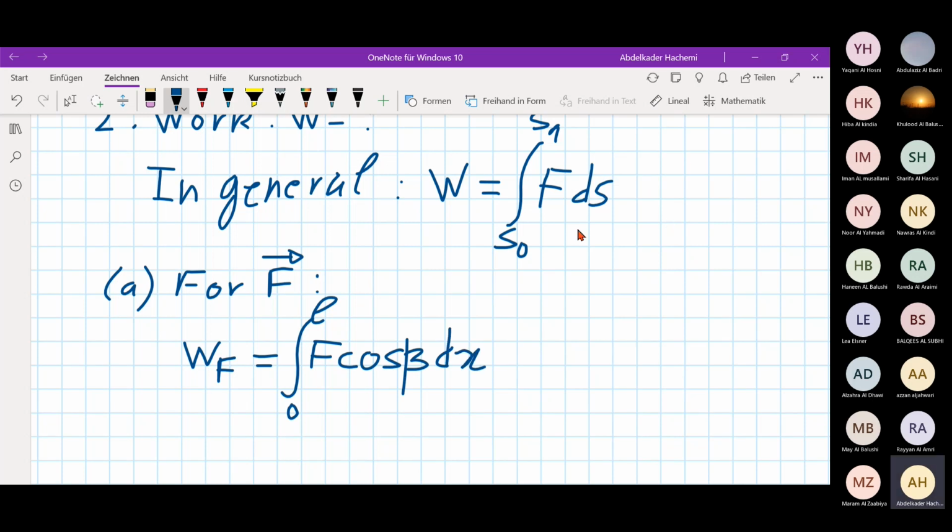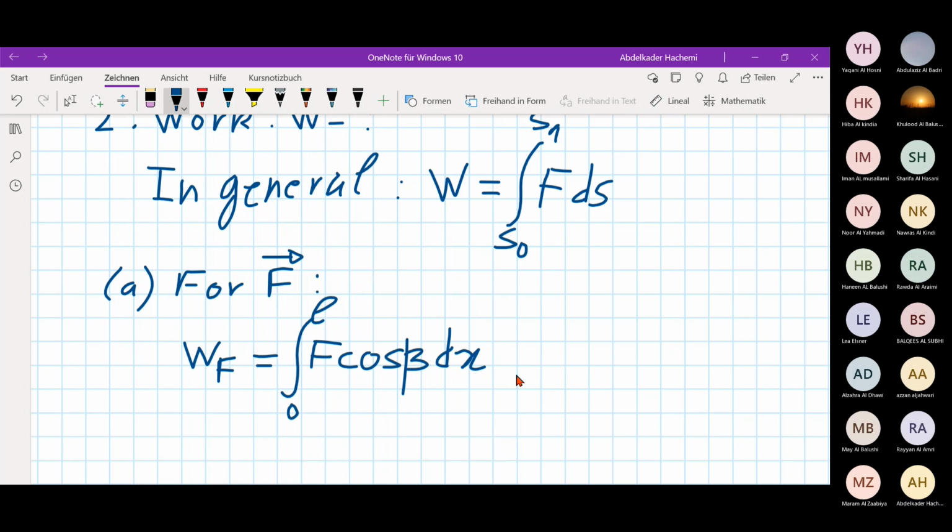Now S0 in our case is 0, S1 is L, the covered distance. The force along this distance, from 0 to L, is only x. Then it means the force here has to be projected along the x direction,